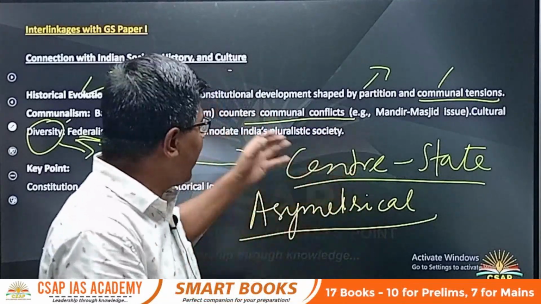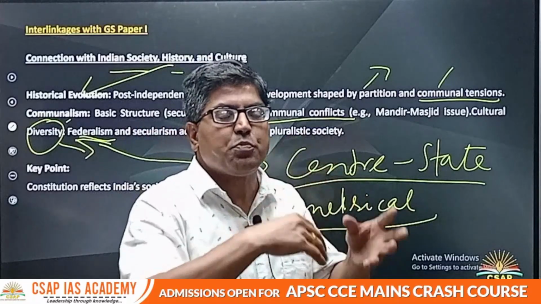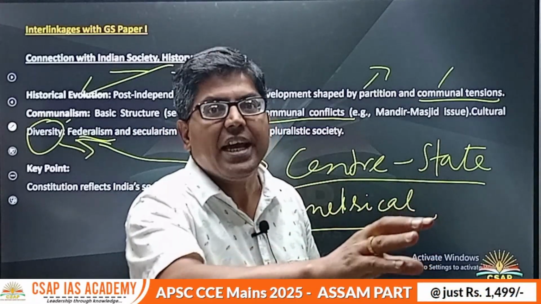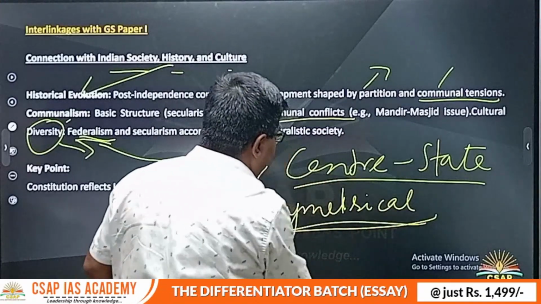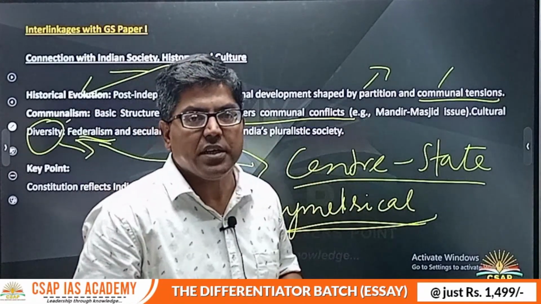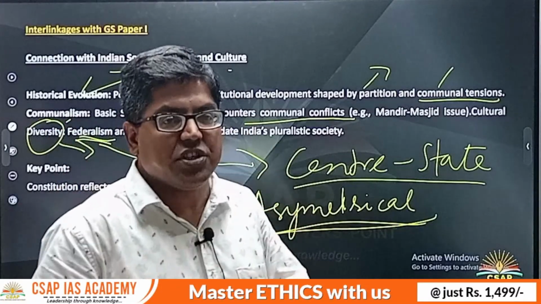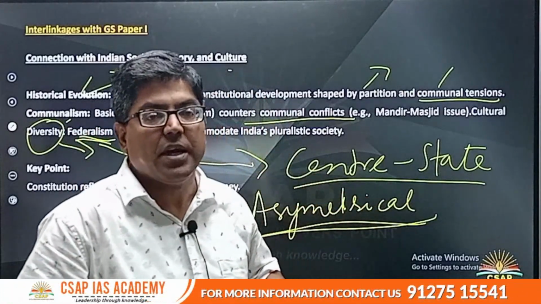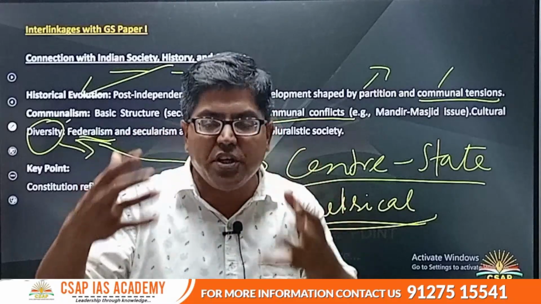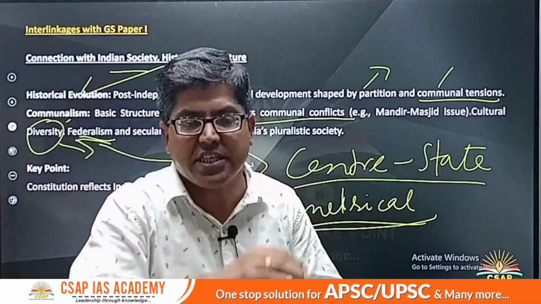So, similarly here with regard to federalism also, we have asymmetrical federalism where we have some special provisions, right? And there it becomes all the more important for you to understand this asymmetrical nature of federalism, right? Why? This diversity was managed through federalism, and within that federalism also asymmetrical federalism. That means some special provisions were made to cater to the needs of some of the states,